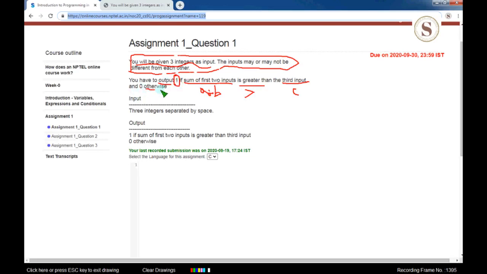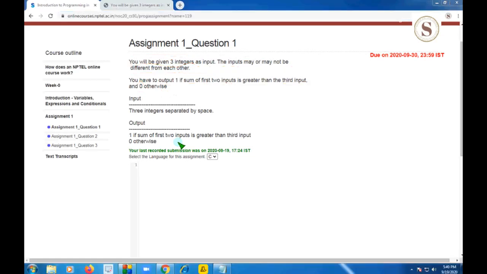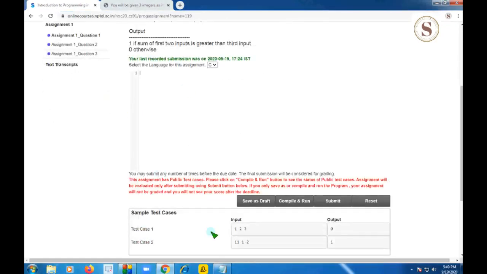Otherwise, that means else, we should print 0.